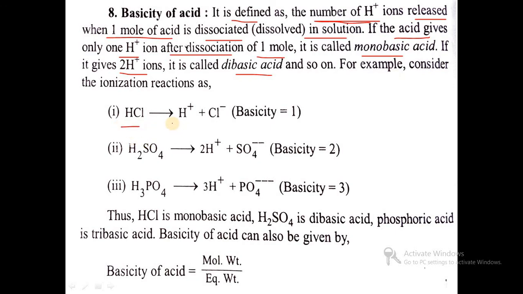For example, HCl gives only 1 H plus, so its basicity is 1. H2SO4 gives 2 H plus, basicity is 2. Then phosphoric acid gives 3 H plus, so its basicity is 3. HCl is a monobasic acid, H2SO4 is a dibasic acid, while phosphoric acid is a tribasic acid. And basicity of acid can also be given by the formula: basicity of acid is equal to molecular weight divided by